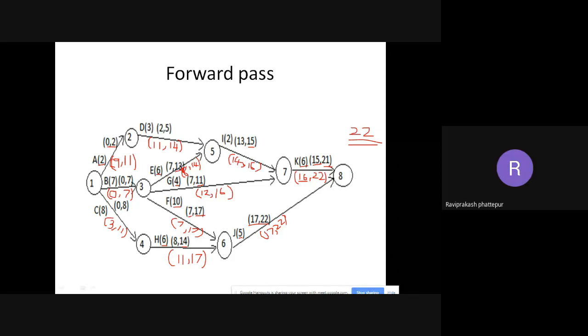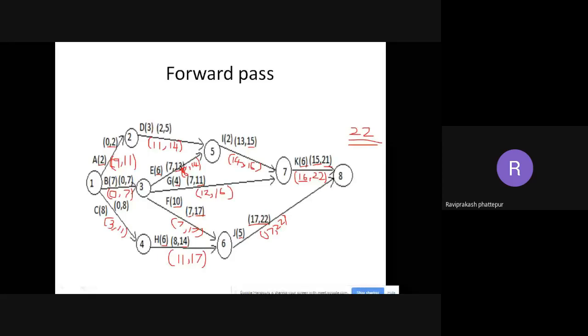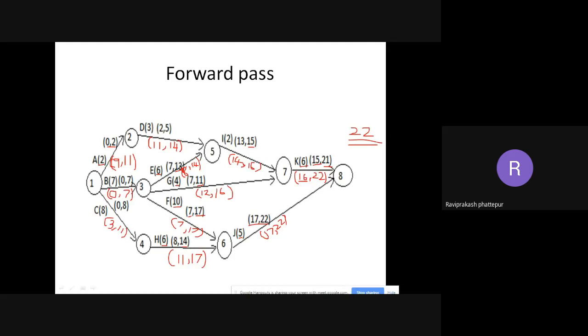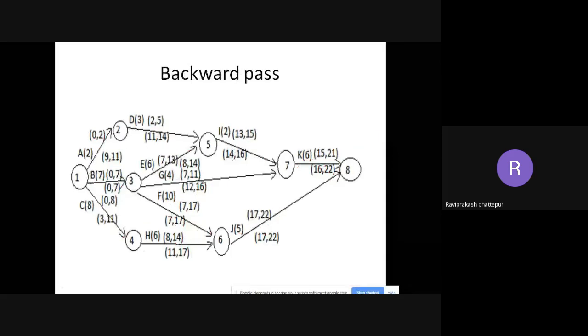So just check, have we left anything, or have we taken the backward pass everywhere? For A, yes, we have taken the backward pass. B, C, D we have taken, E we have taken, F we have taken, G we have taken, H we have taken, I we have taken, J and K. So this is the backward pass. Okay. Here it looks a bit smudged because of my handwriting. I'll go through the backward pass again, and you can copy this.